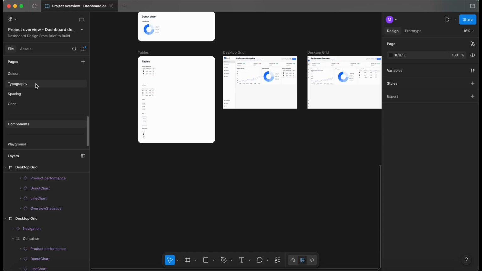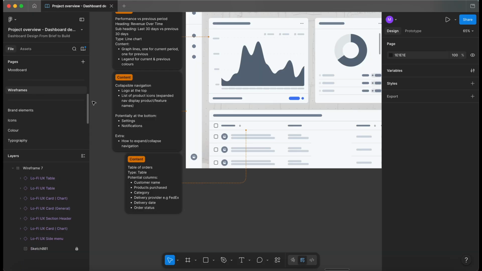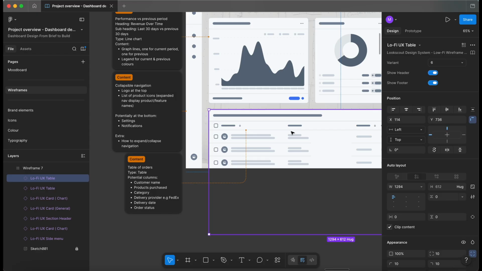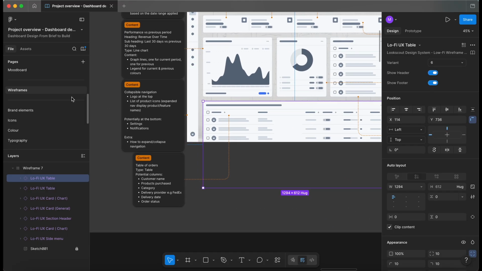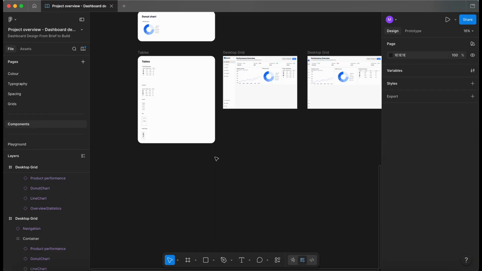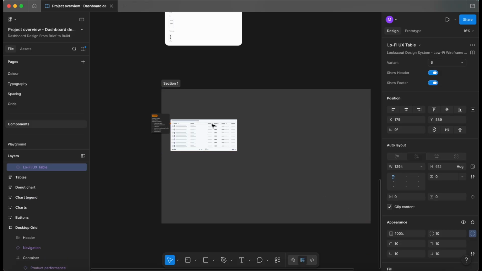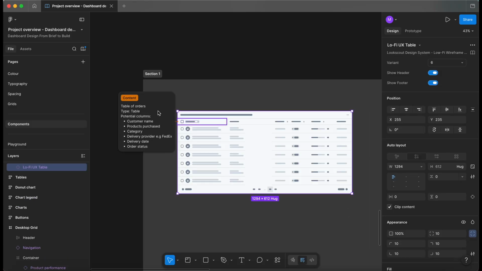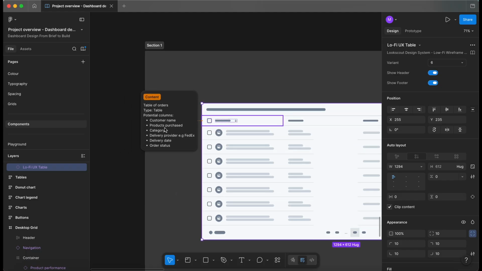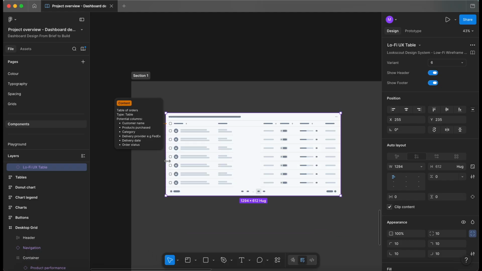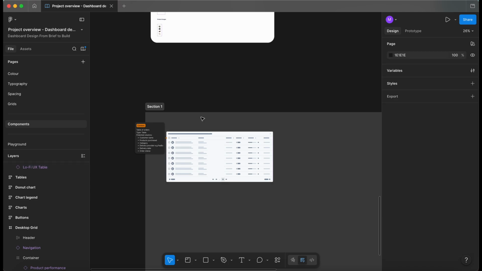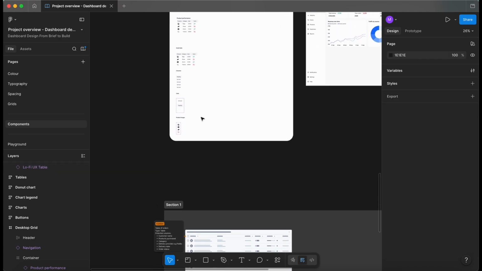So in this video we're going to work on the table of orders, so let's go ahead and go to the wireframes, and there we go. Let's grab table of orders, bring that back to components, press Shift S, draw out a section, and paste that in. Okay, so we've got some potential columns in here. We've got 1, 2, 3, 4, 5, 6. So we've got 6 columns to do, and hopefully this is going to be fairly straightforward because we already have